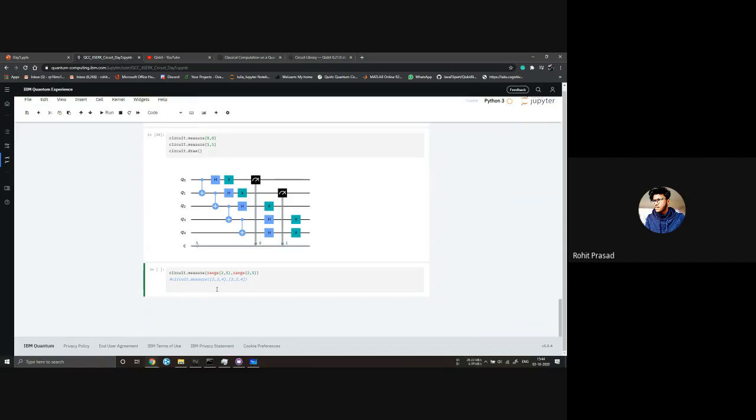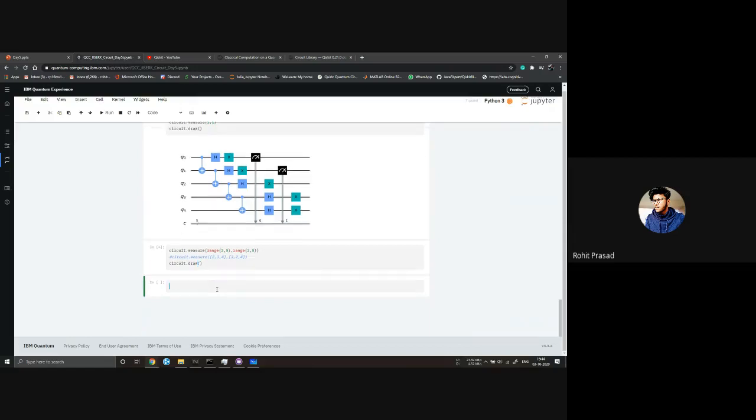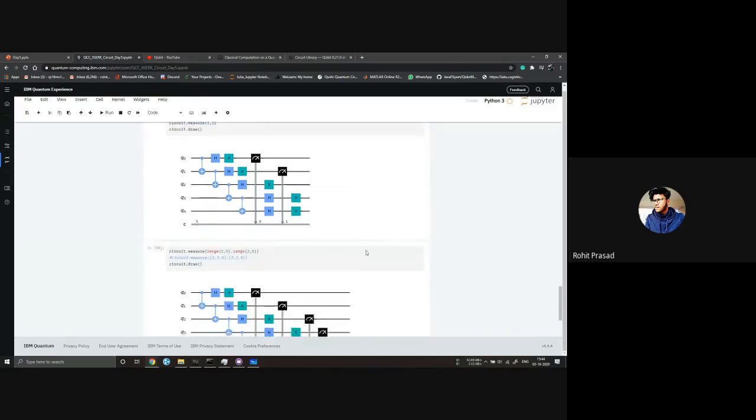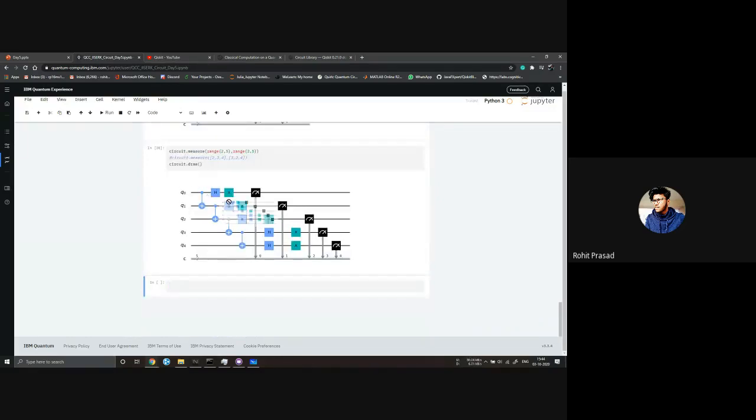So do this, then we print our circuit. Sorry, it should be circuit dot draw. Yeah, so it's been implemented on the rest of the three as well. Okay, so this is how you make a circuit.